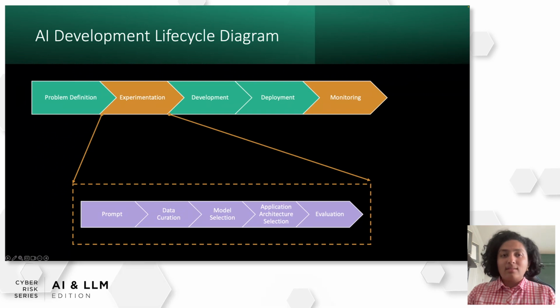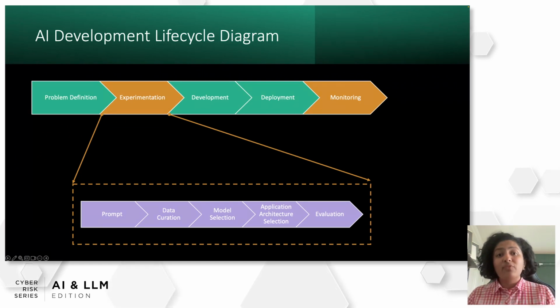The other aspect is the time difference between doing the experimentation and deployment is very narrow. So if the security teams are not engaged early on, the time difference could make the AI teams or the data scientist teams feel like they're blocked by the security teams. And it's very important to reduce the risk of creating this gap between the AI teams as well as the security teams, and to ensure that the entire process is smooth, which is why we need an integrated secure AI